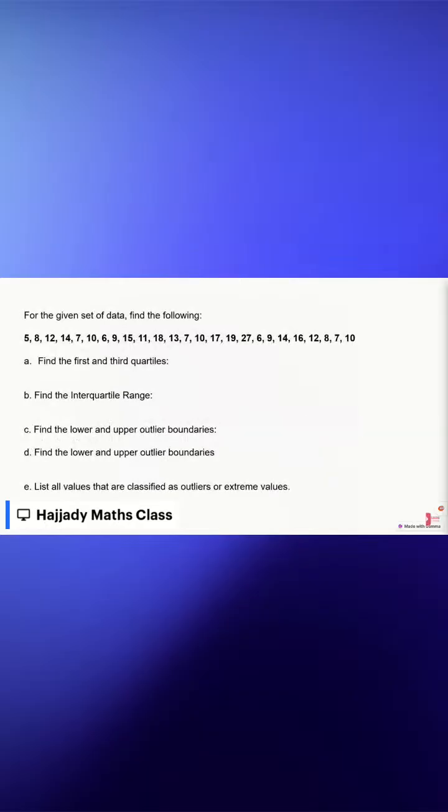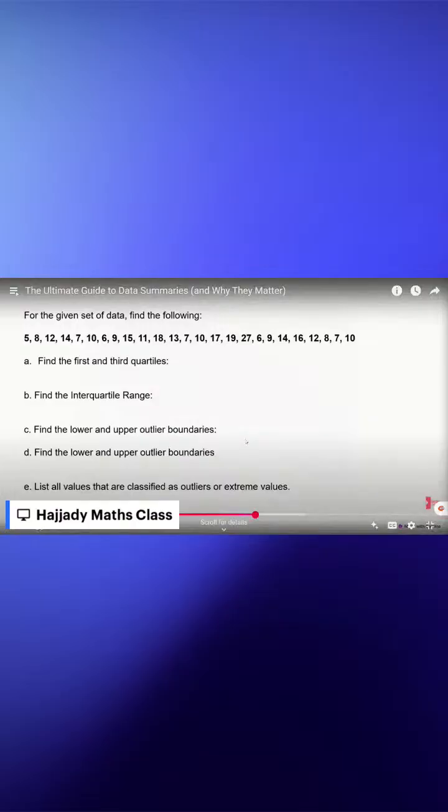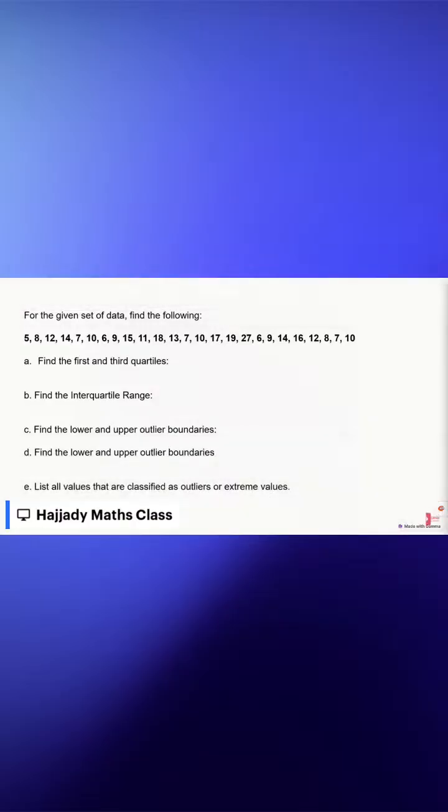And here we have an example to show how to calculate the quartiles. Now, looking at this data set, the first thing we want to do is to find the first and the third quartile. To do this, the first thing to do is to rearrange the data set, because before you work with the quartiles, you need to rearrange the data set. And by rearranging the data set from the minimum to the maximum, we're going to have